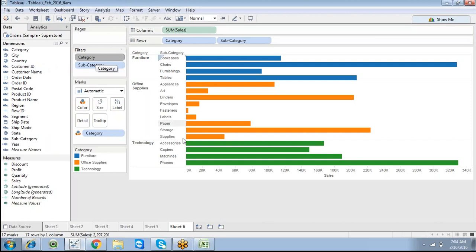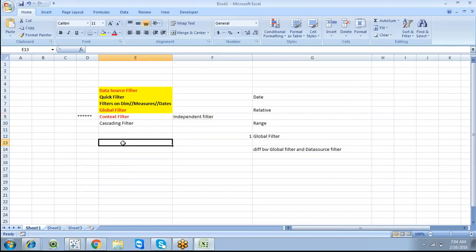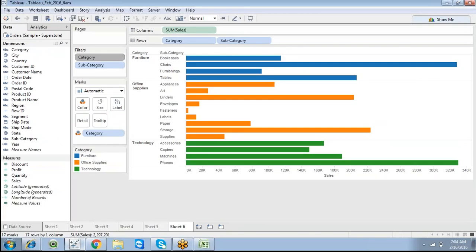In the backend, a context filter creates a temporary table, a kind of temporary field, where it stores the context filter data, which gives better performance. When we apply a particular filter, it generates that filter as a temporary file, and we can showcase that particular data. So I can differentiate with the context. Not much difference, but we can differentiate.